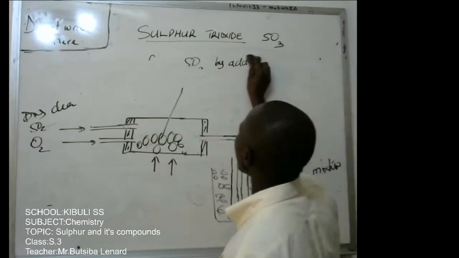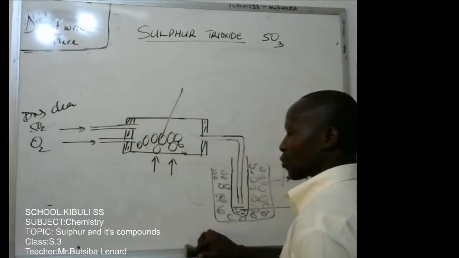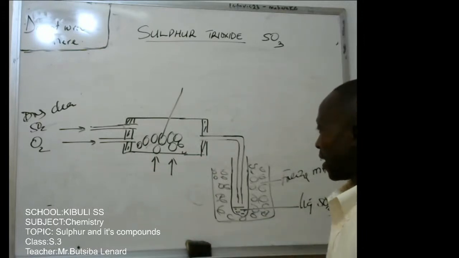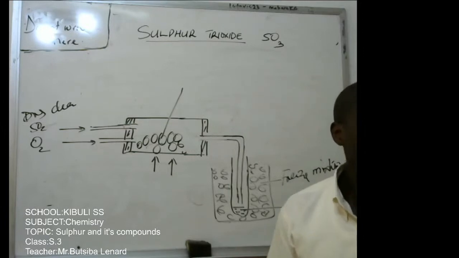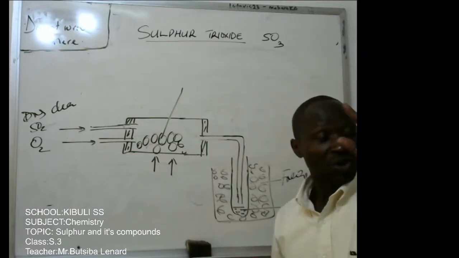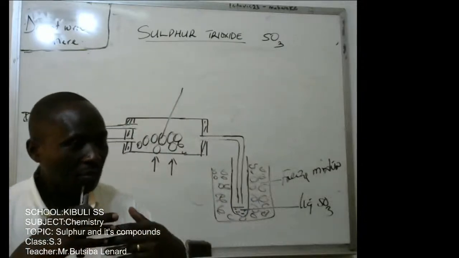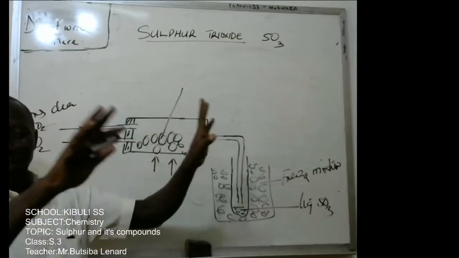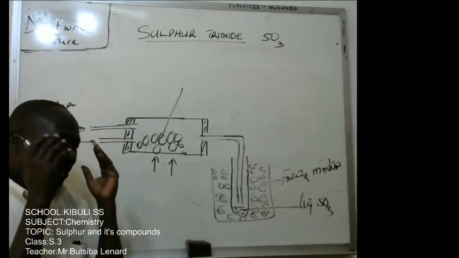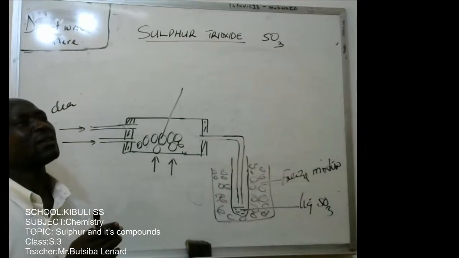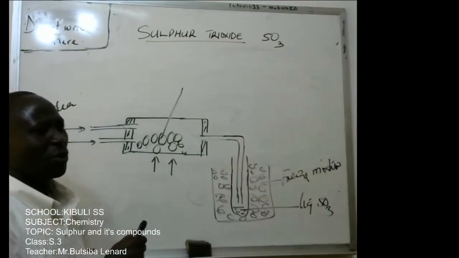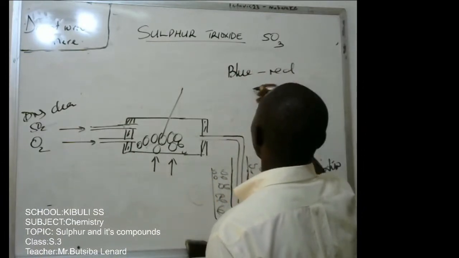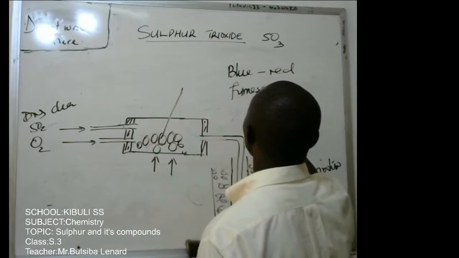So what is the nature of sulfur trioxide? Sulfur trioxide is also an acidic gas that fumes in air. And of course, you expect it also to turn litmus paper to red, but this time it cannot bleach it. We can't test this one using potassium dichromate, that is only for sulfur dioxide. So sulfur trioxide, we just appreciate it by looking at its effect of turning blue litmus to red and forming white fumes